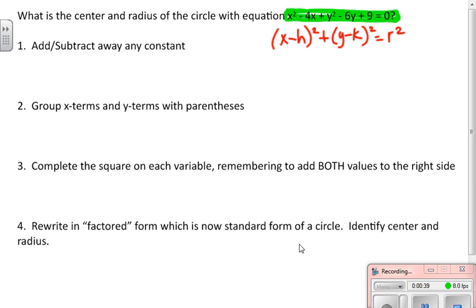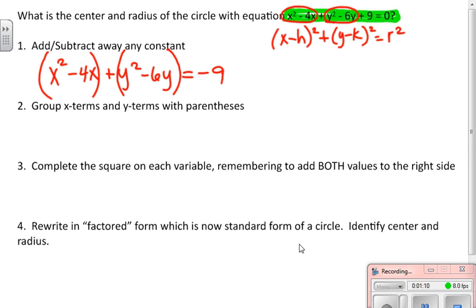What you do to one side, you do to the other. So when we are completing the square on a circle, because we have two sets of variables, we basically do the same process twice. So we are going to add or subtract away any constant. So I have x squared minus 4x plus y squared minus 6y, 9 is the constant, equals negative 9. Group the x and y terms,